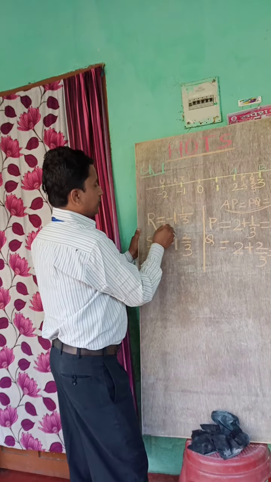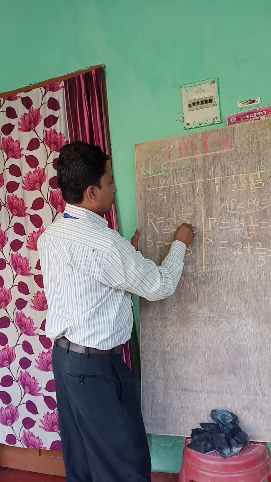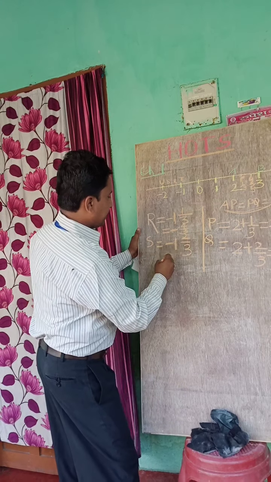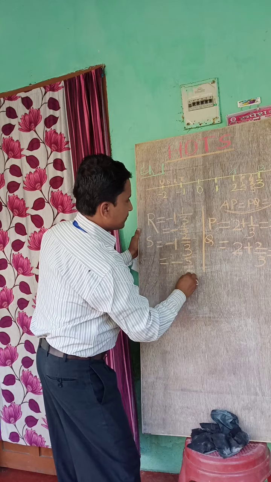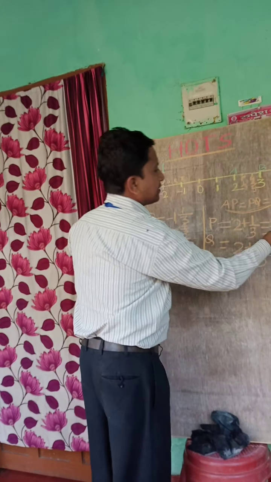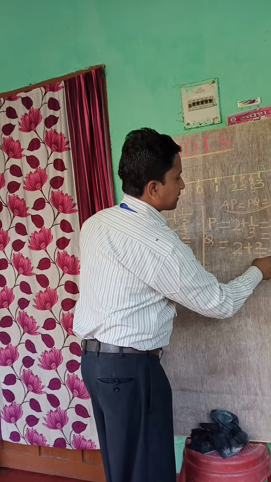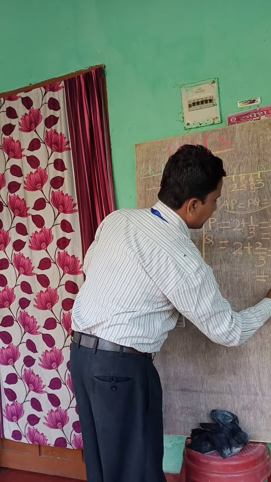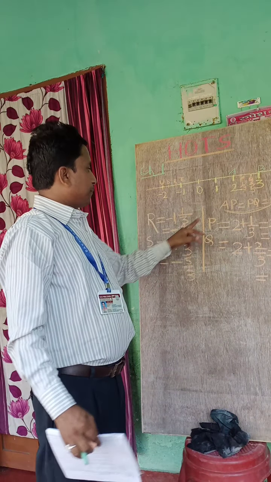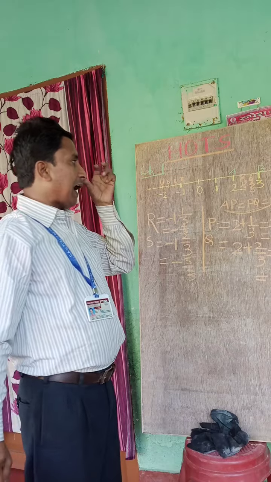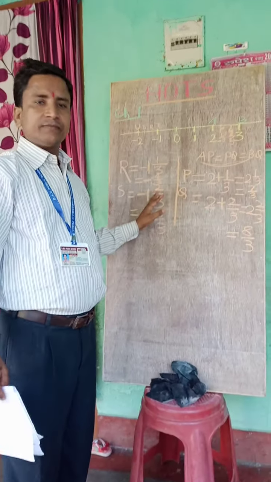Now, what is the value? Minus 3 1 are 3, 3 plus 1 is 4, so 4/3. And its value equal to minus 3 1 are 3, 3 plus 2 is 5, so 5/3. Similarly, you can write here 3 2 are 6, 7/3, equal to 3 2 are 6, 6 plus 2 is 8, 8/3. Hence, these all, P, Q, R and S, are the required rational numbers.